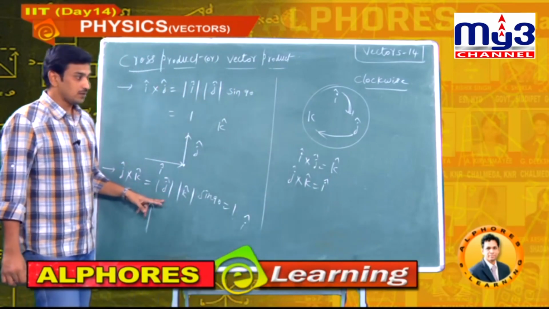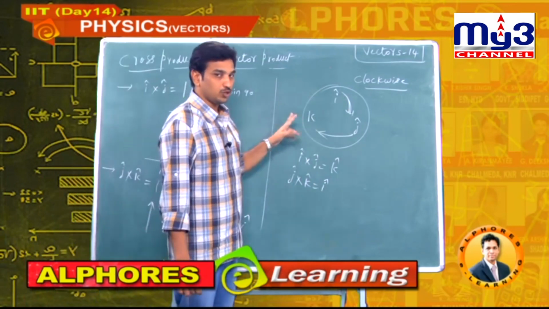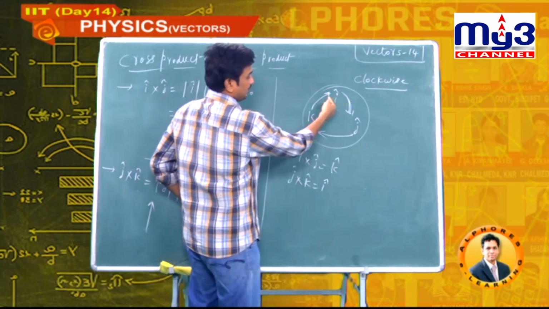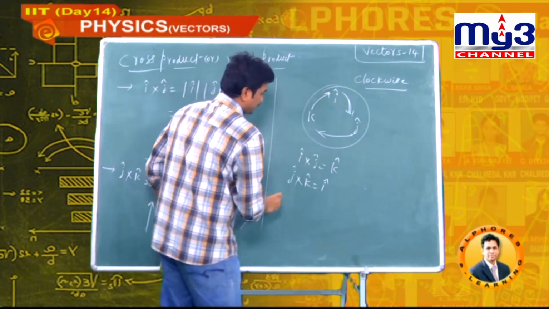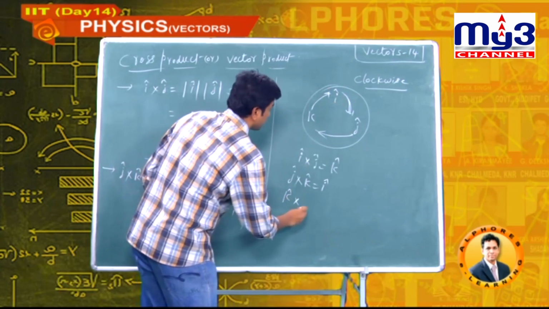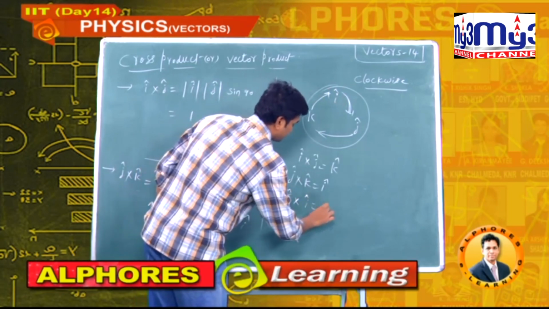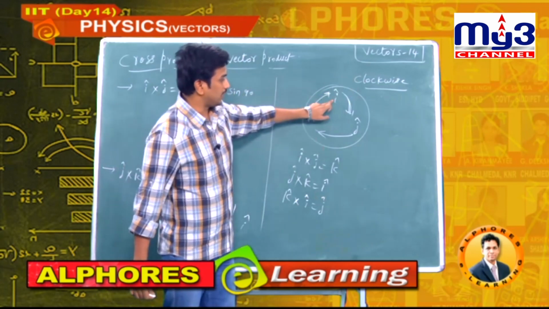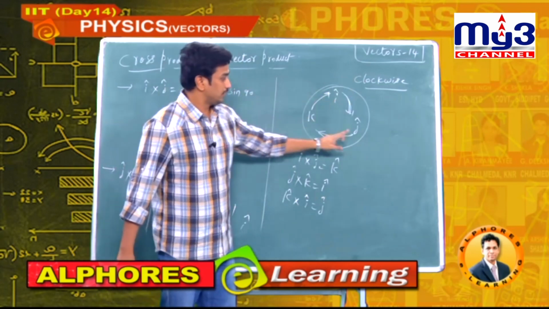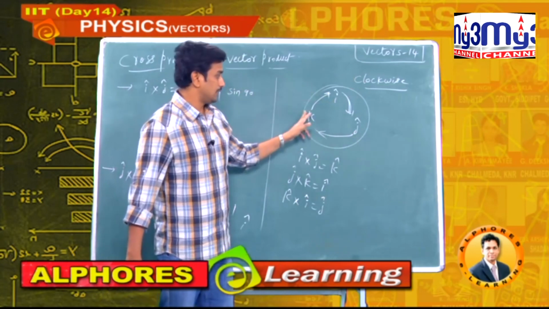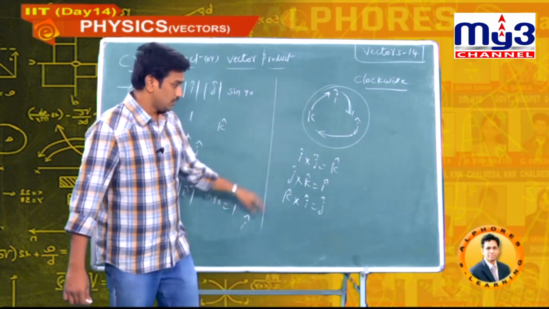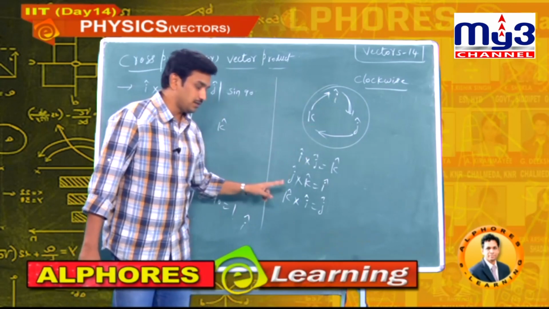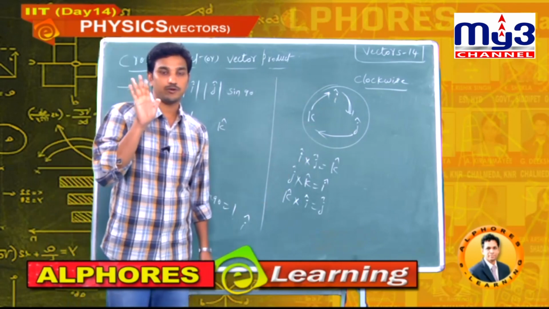After proving, I am giving one circle to remember this cross product. Next, k cap cross i cap is equal to j cap. Clockwise I am observing: i cross j is k, j cross k is i, k cross i is j. Have you understood how to remember this? Directly we will apply this, or otherwise we should apply the right hand rule.